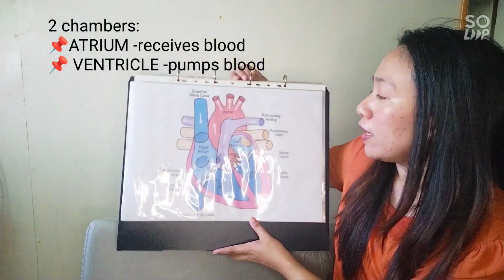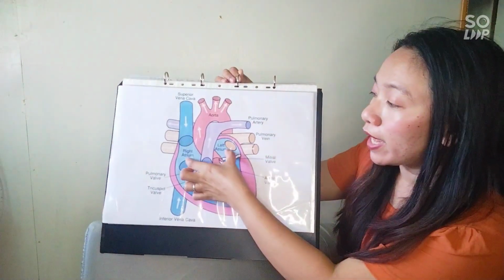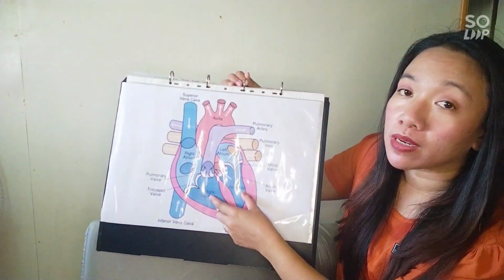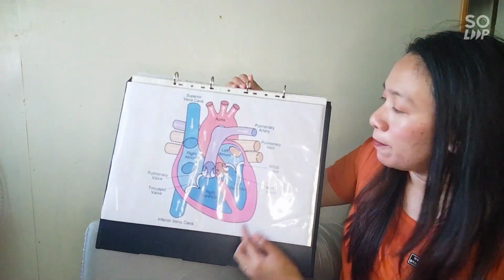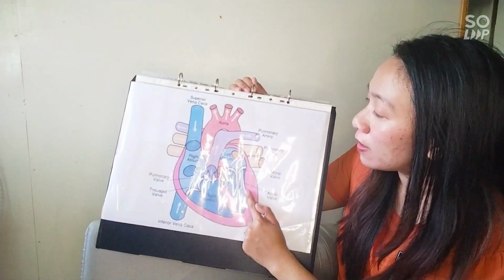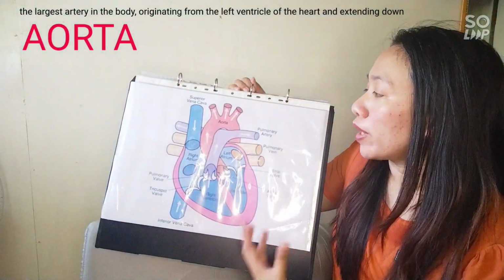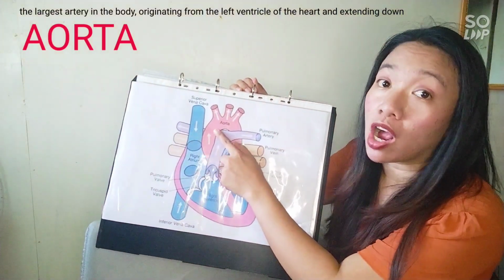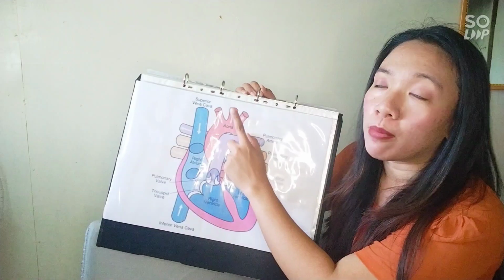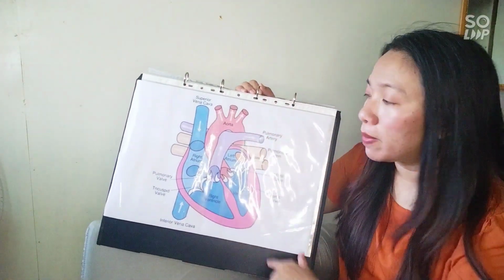So, unahin natin. Halimbawa, galing, ito yung right atrium, the receiving chamber, and the pumping chambers are the right and left ventricle. Then, yung blood, galing halimbawa sa left ventricle, pupunta ito sa aorta. So, the largest artery na meron tayo sa katawan natin. Dito na nakakonect ang mga blood vessels, papunta na to sa ating mga cells, sa iba't ibang parts ng